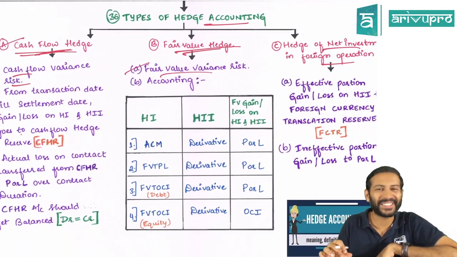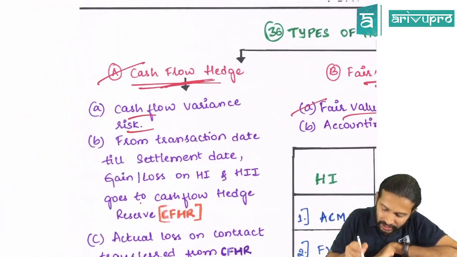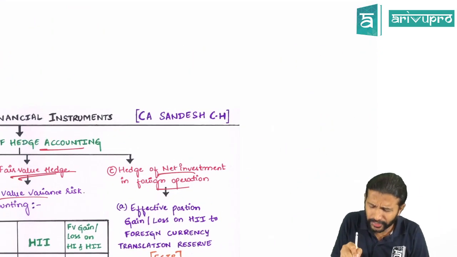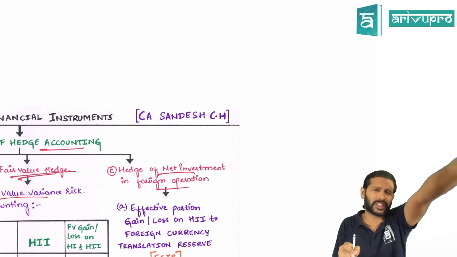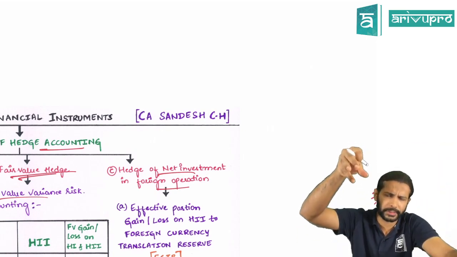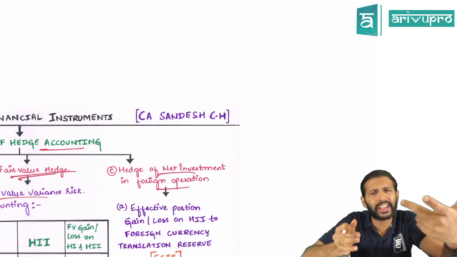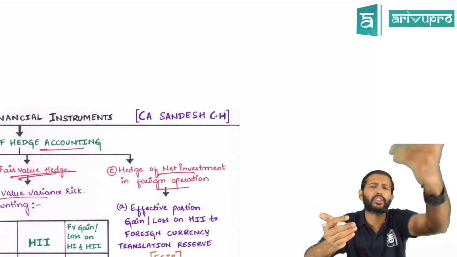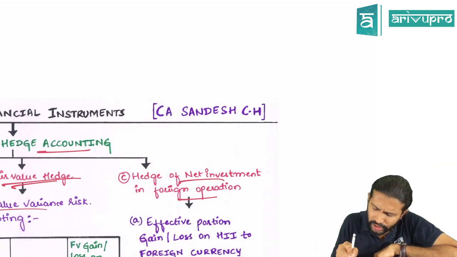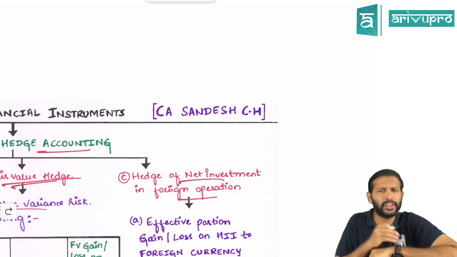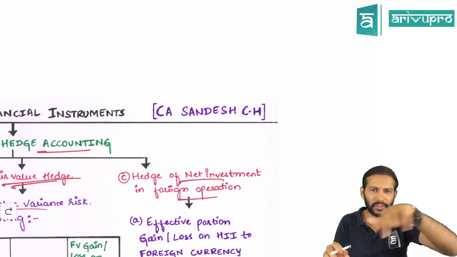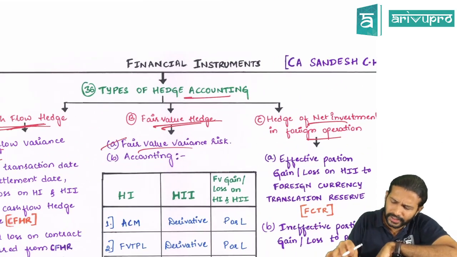Fair enough. All right. So now I think you know the meaning. And the other one is hedge of net investment in foreign operation. If you have any foreign subsidiary and you have invested, again how much money you will receive when you sell the investment is questionable. To cover that risk, you may do some hedging activity that we call hedge of net investment in foreign operation, for which we have done something known as FCTR, foreign currency translation reserve. So that is about the meaning.